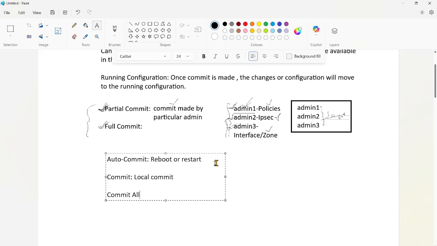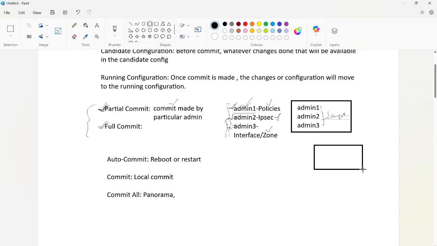Okay, so there is a commit all, which you see whenever the firewall is connected to the Panorama, a centralized management device, right? We can discuss more about this in the Panorama class, but I will just briefly tell you here. If you want to manage your firewall using a Panorama, you have to connect the firewalls to the Panorama.